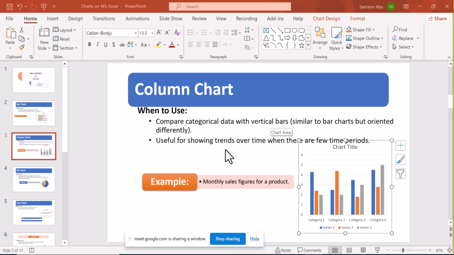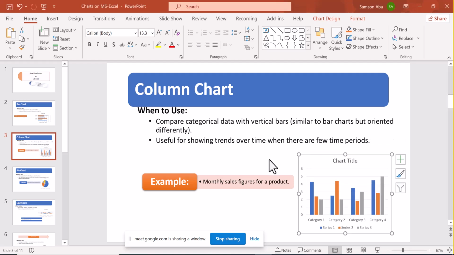So, next one we have the column chart. The column chart is similar to your bar chart. However, the column chart is in vertical position. If you remember, the bar chart is horizontal. When it comes to the direction of the bar, it is horizontal, while for the column chart, it is vertical. It is also useful when showing trends over time, when there are few time periods anyway. So for instance, we have